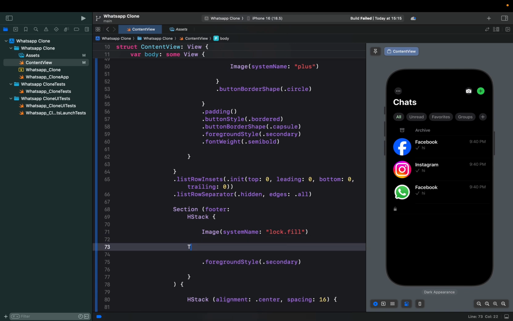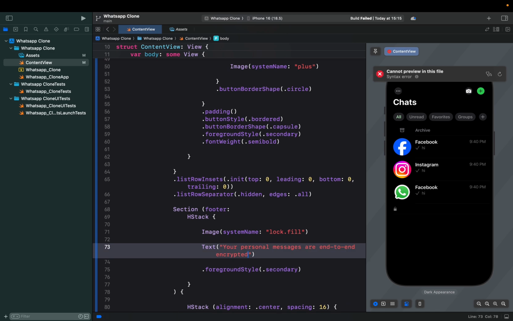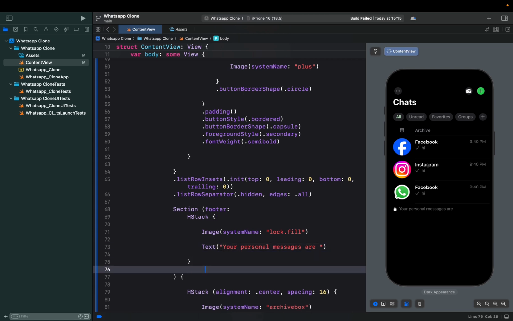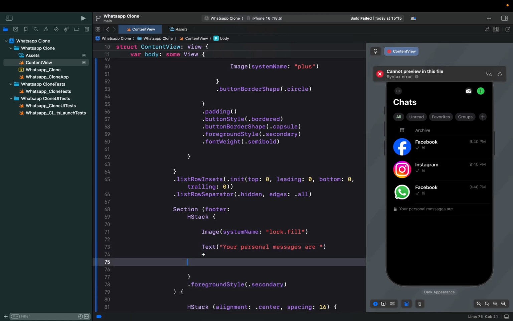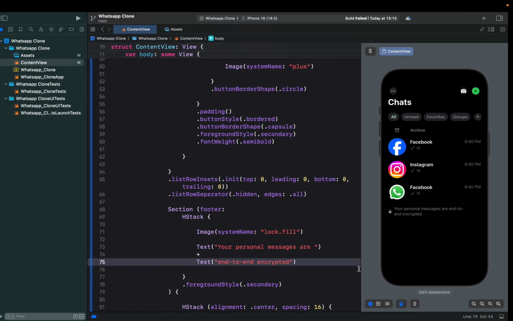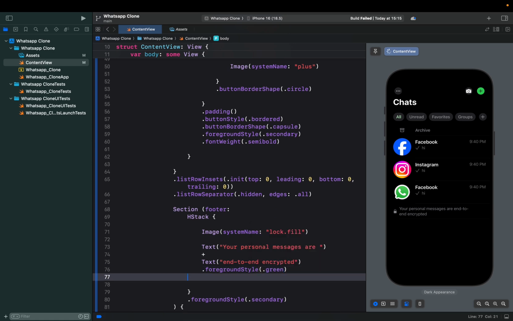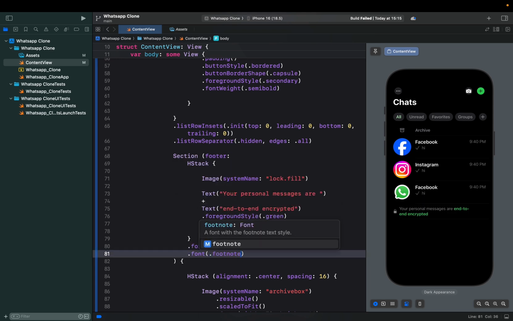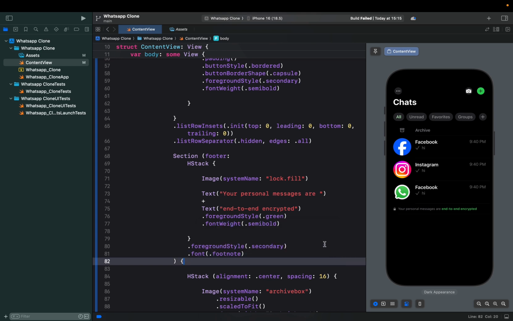and a text of this, but I'm gonna take this out of here, and foreground style is secondary. I'm gonna give this to H stack, that foreground style secondary. Okay, and the other text is gonna be, sorry, copy, delete this and paste here. Okay, this is gonna be foreground style of green, and it's gonna be bold. Let's say font weight, that's semi-bold, I think. Yes, foreground style secondary, and that font is gonna be footnote. Okay, it's looking good. I'm gonna say alignment, that center here,